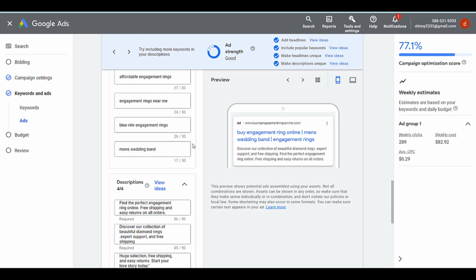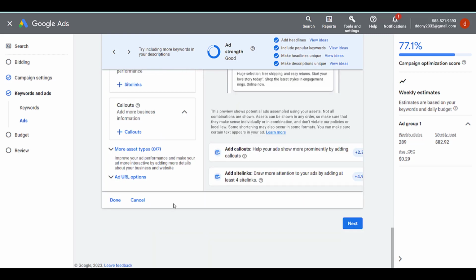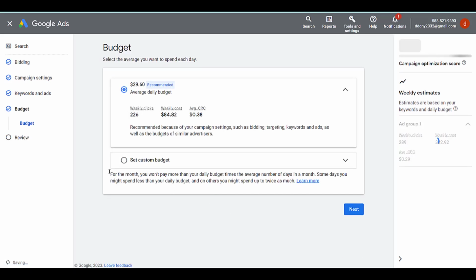Okay, after that we scroll down and click done, and then click next.